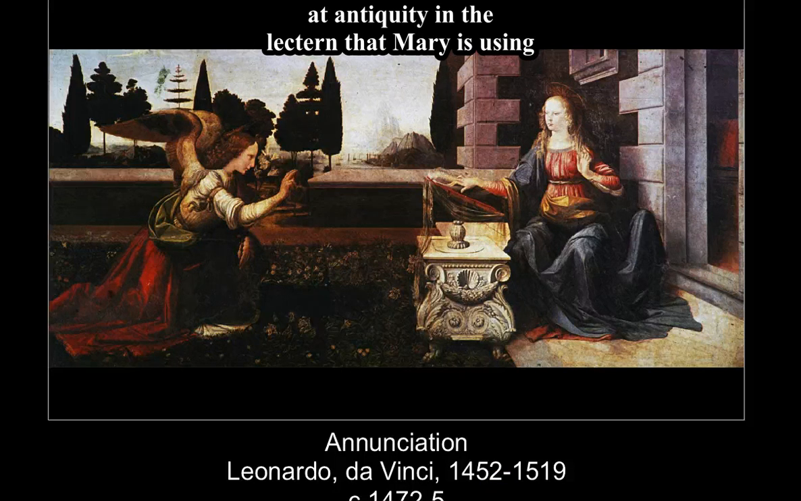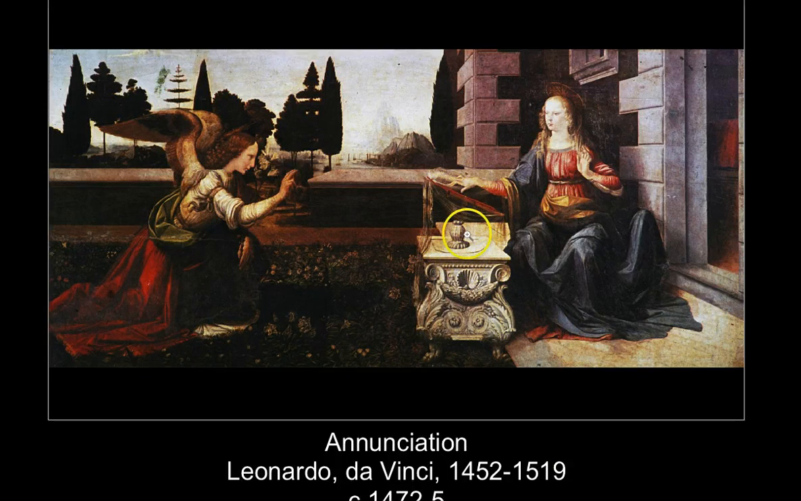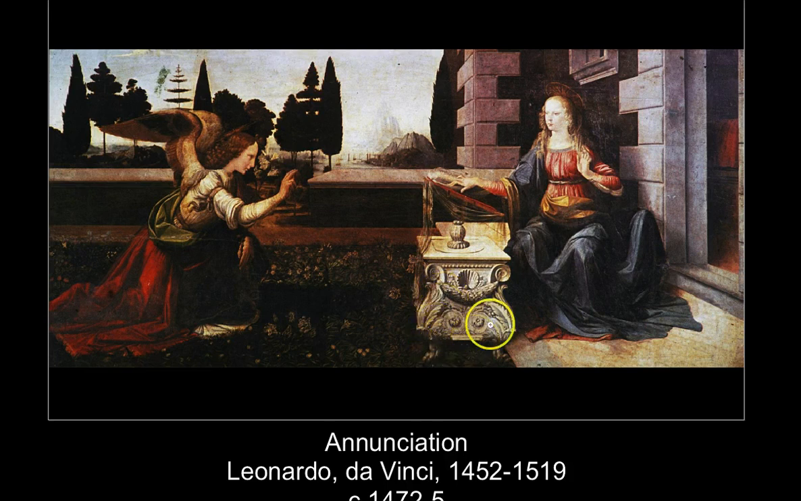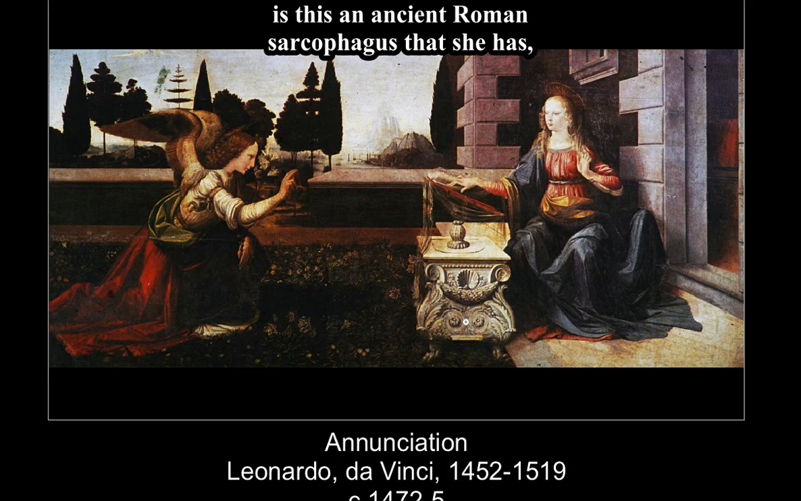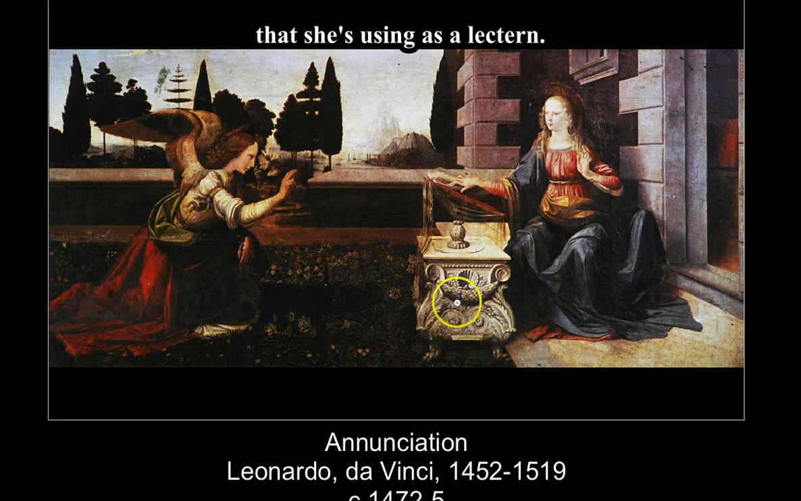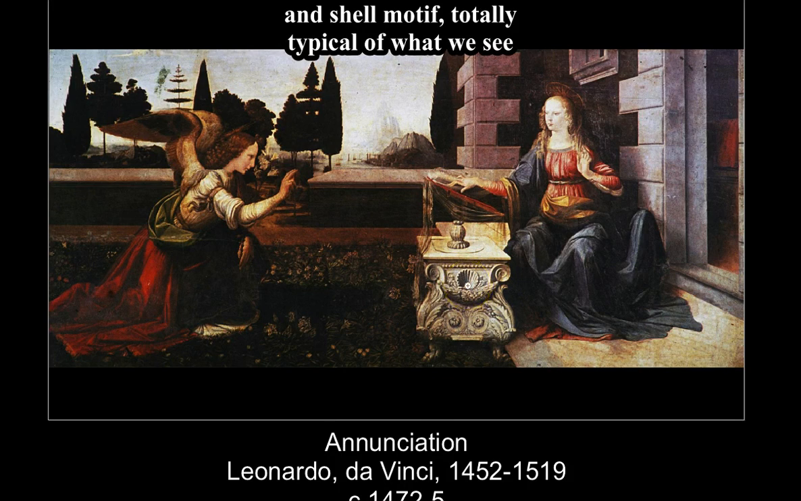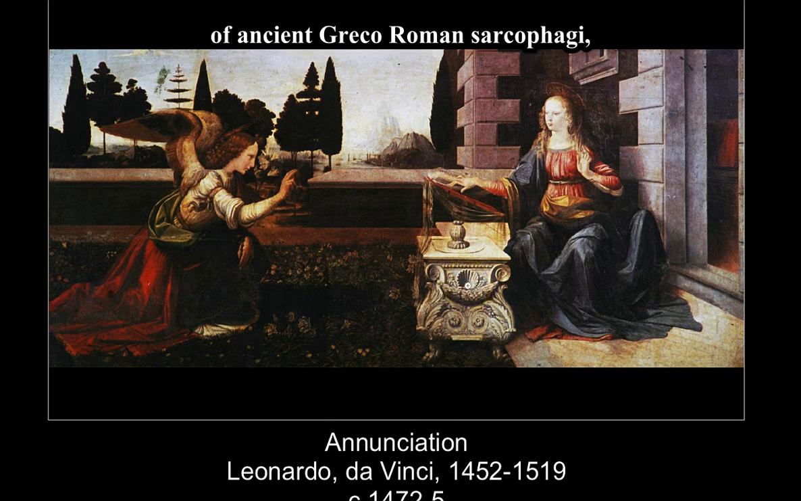looking back at antiquity. In the lectern that Mary is using so that she can read the book, no doubt, the Bible, it is truly a sarcophagus. It is an ancient Roman sarcophagus that she's using as a lectern, and we see these scroll patterns, this kind of garland and shell motif, totally typical of what we see of ancient Greco-Roman sarcophagi, Hellenistic and